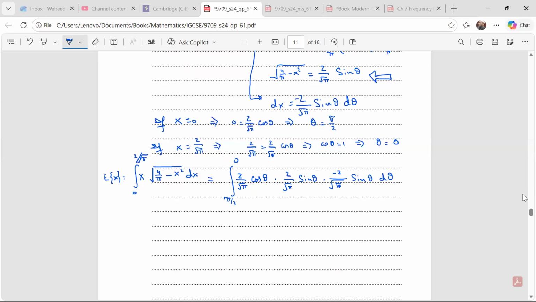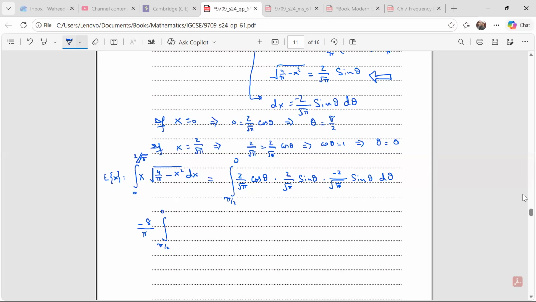Okay, I hope this all substitution is clear. So we are over here from pi by 2 to 0. Let me put this constant outside. I have 2, 2, negative 2, so negative 8 over